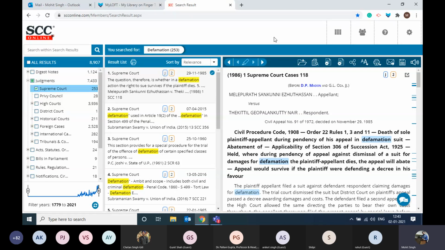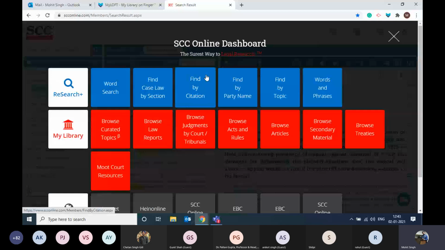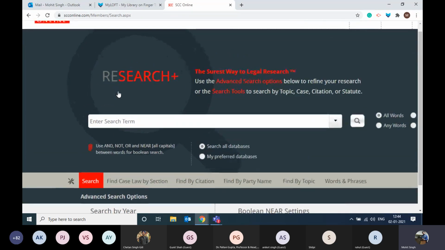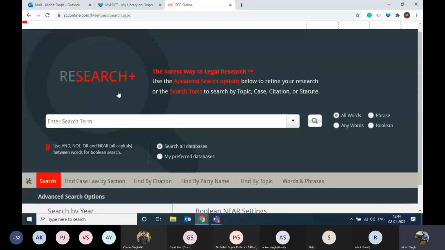Now let us do one more search to see how effectively we can do searches while we are working on another type of query. So let us click on the dashboard again. Let us go back to the word search. Now this time, rather than just entering one keyword, let us try to hit a search with a kind of journalistic query, right?